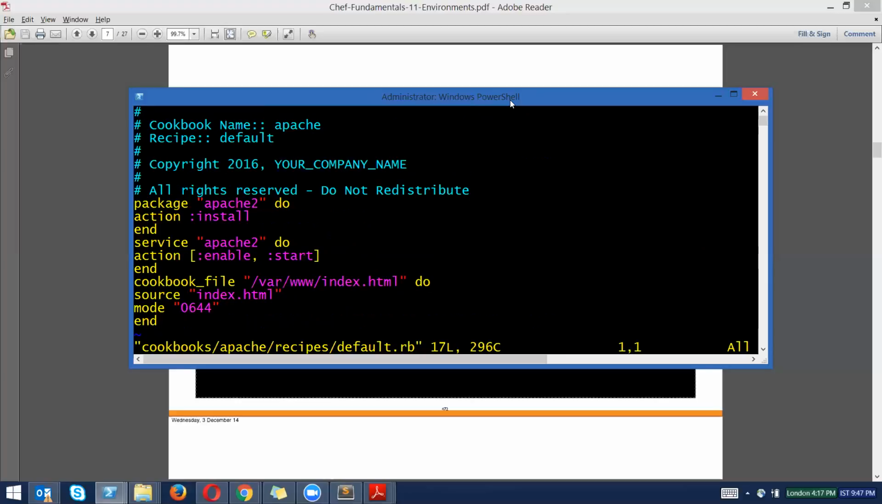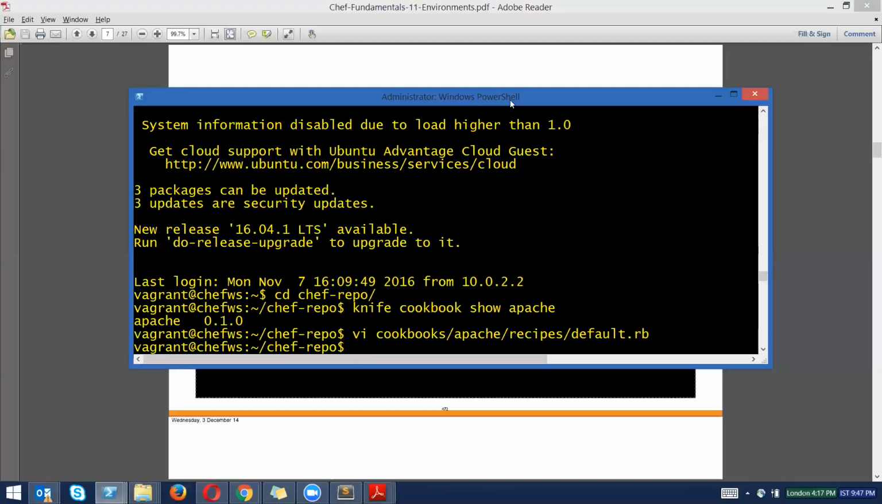Then, if I want to have a version, say I've made some changes and I want to create a different version before uploading, and I want to preserve this version also. Whatever changes I made, it's there on 0.1.0, right? So I want to have both the versions available for some reason. So before uploading, what I need to do is go to cookbooks, Apache,